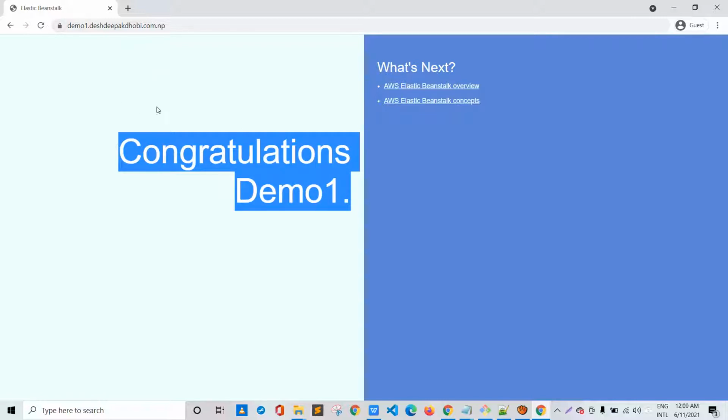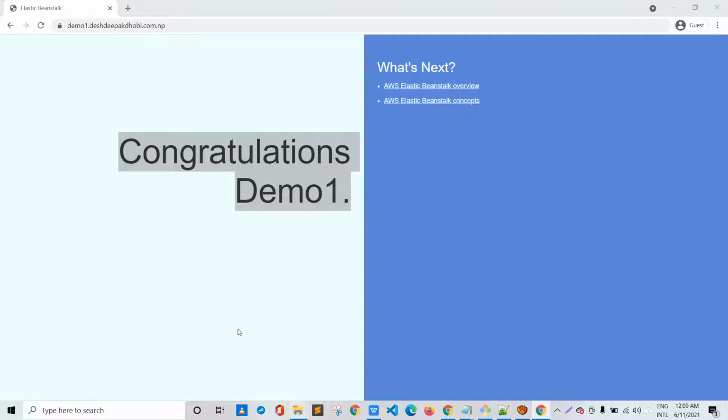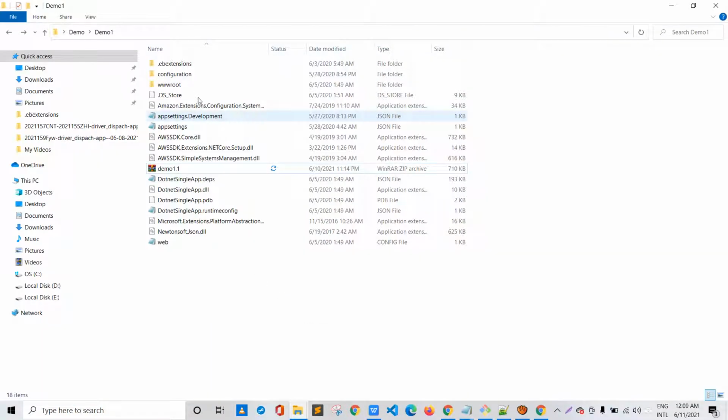And now let's make certain changes to our code and upload that changed code into the Elastic Beanstalk environment, and let's see if these changes are reflected on the browser side, with the SSL certificate also. So currently it's showing the SSL certificate, and now let me go to demo1.